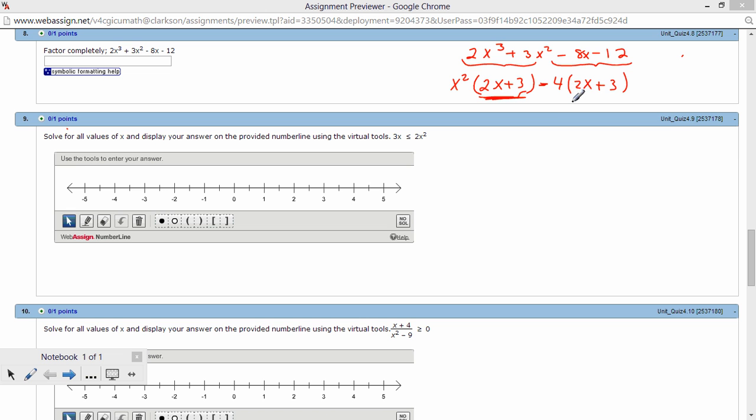And then you see right here, you have a common element. And so you factor out the 2x plus 3, and that leaves you with an x squared minus 4. So that is factored, but it isn't really factored completely because x squared minus 4 is a difference of squares. And so while the key actually allowed it, I think this really should be factored further. This x squared minus 4 term should have been factored to an x plus 2 times an x minus 2,